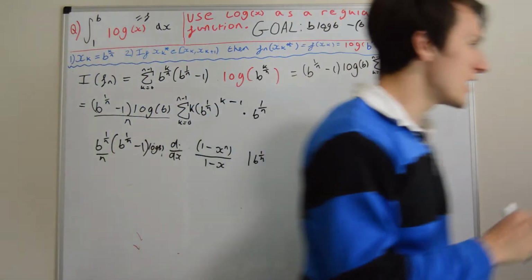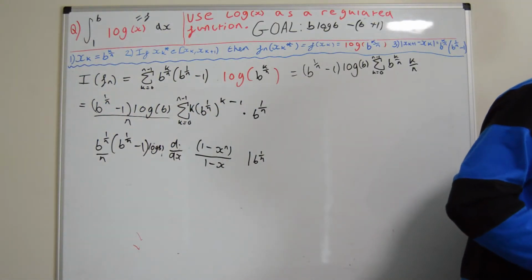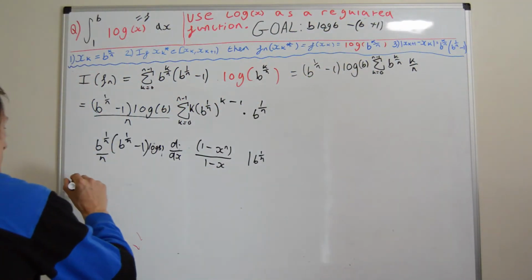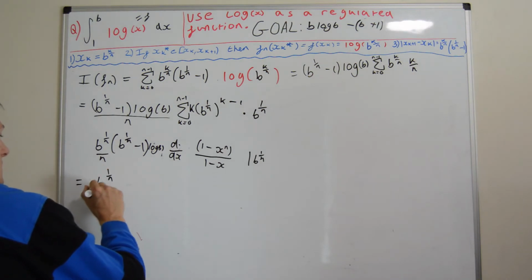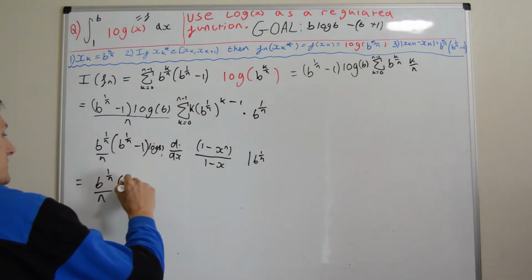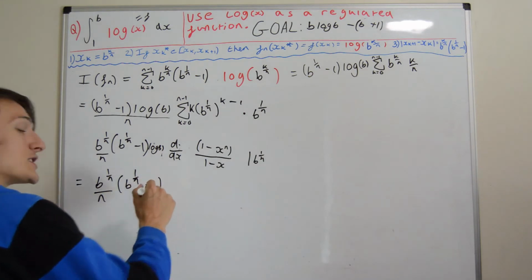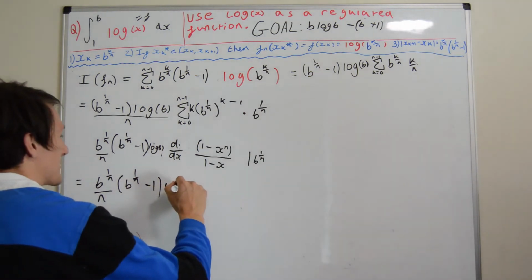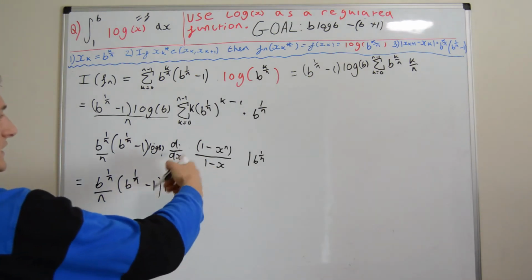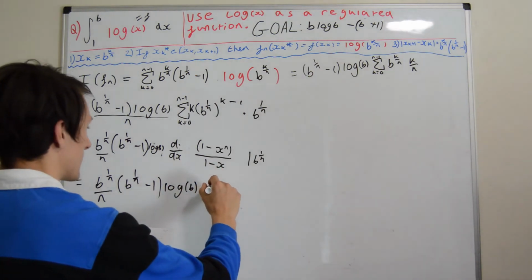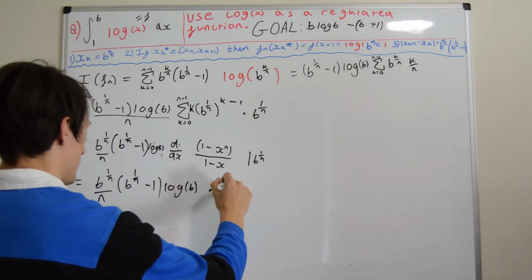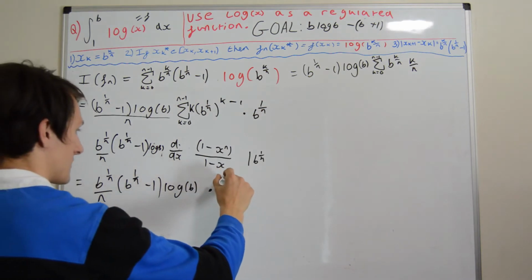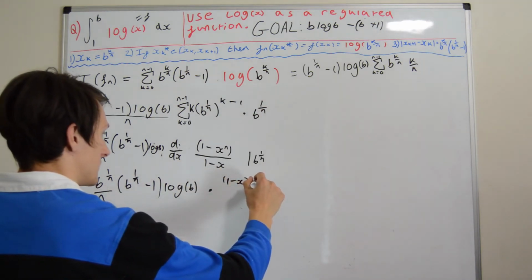Okay, so let me just refer to my notes quickly. Okay, so when we have this, this is equal to this big multiplicative constant at the front, right? And then we have the differential of this thing, and I'm just going to write it out. Okay, so we have, well, this is all times by 1 minus x. Okay, so that's v times u dash